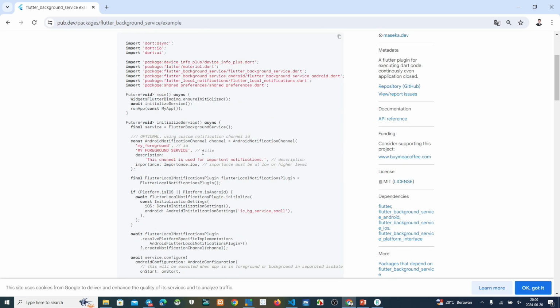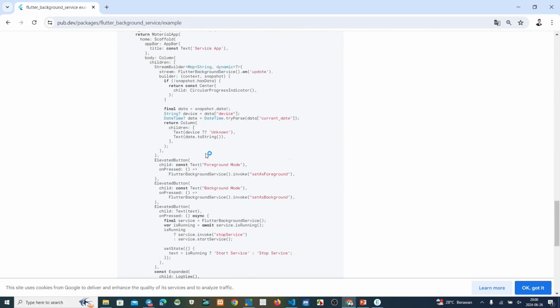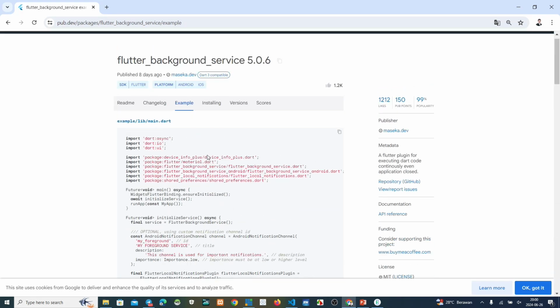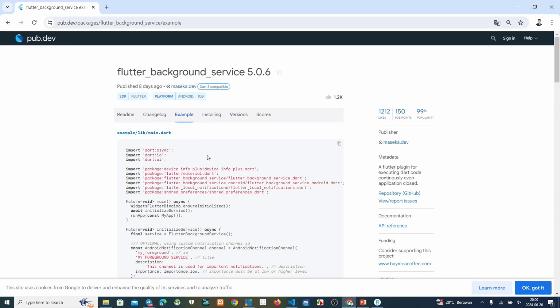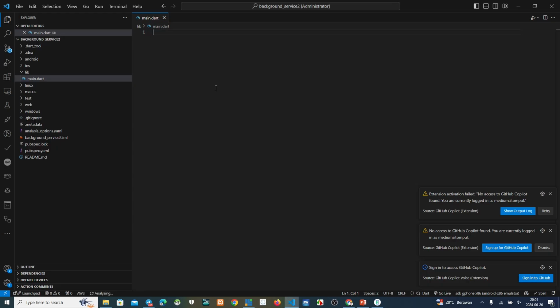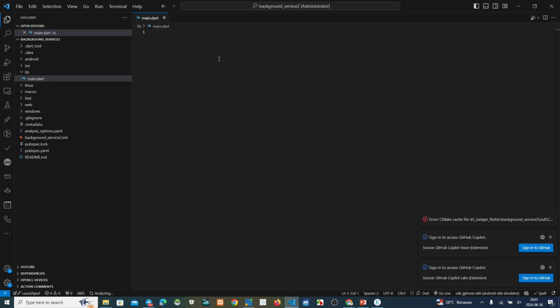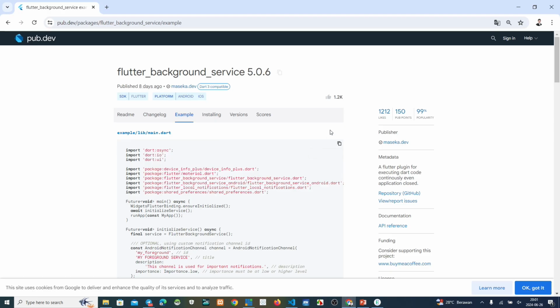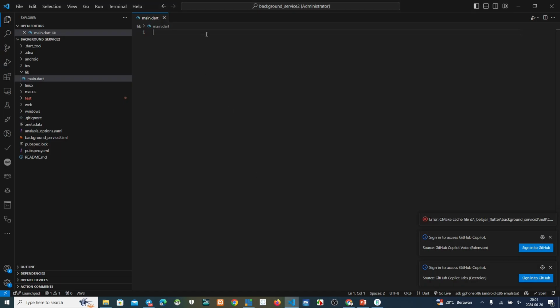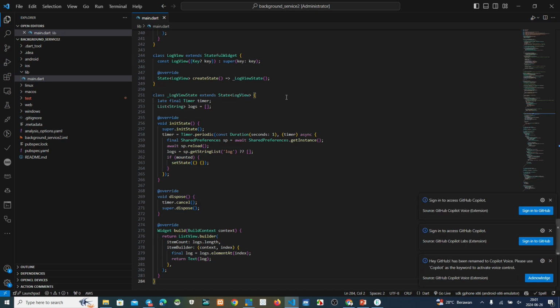We copy this, and then we update my lat long, automatically sending lat long every 5 seconds to this Flutter background service. We copy this, paste to this one.